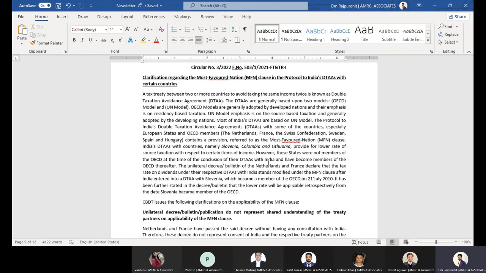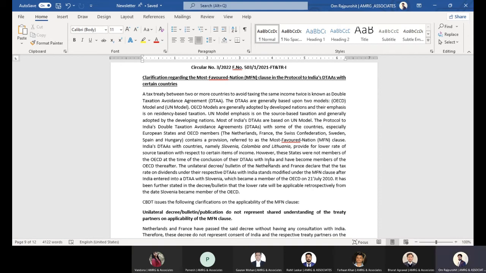But there is one specific clause in the treaty called the MFN clause, which says that if India or Netherlands enter into a tax treaty with other countries thereafter, like, let's suppose the India Netherlands treaty was signed in 1990, and since the treaty is applicable on both countries, if any country which is a party to the treaty enters into a tax treaty with another country, let's suppose India is executing a treaty with Slovakia or Colombia, any third country, then if the rate of dividend is less than the rate already existing in the current treaty,